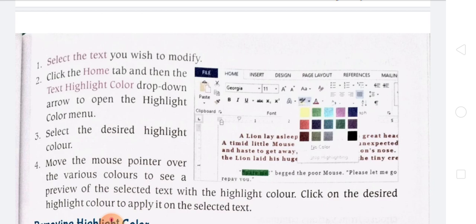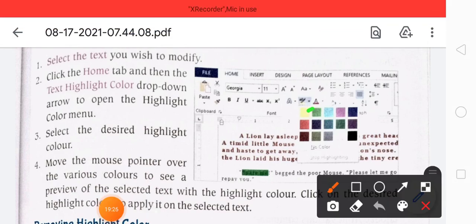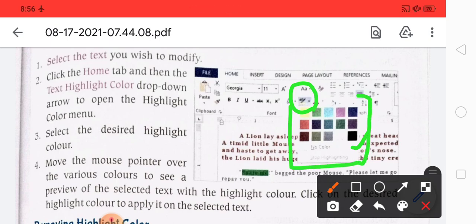Then after that you may find this type of option. Here the selecting colors are shown for highlighting. Whatever you want, you just select and click anywhere on the document.